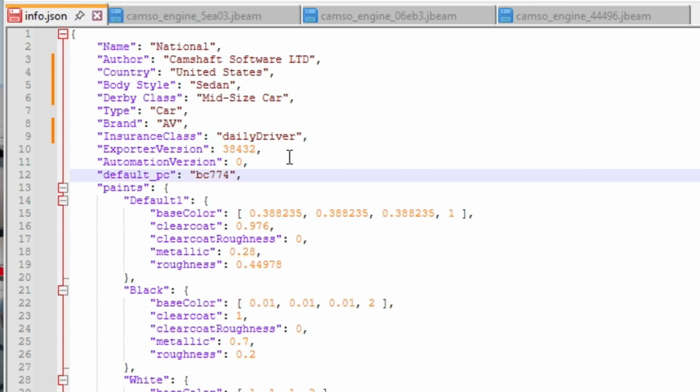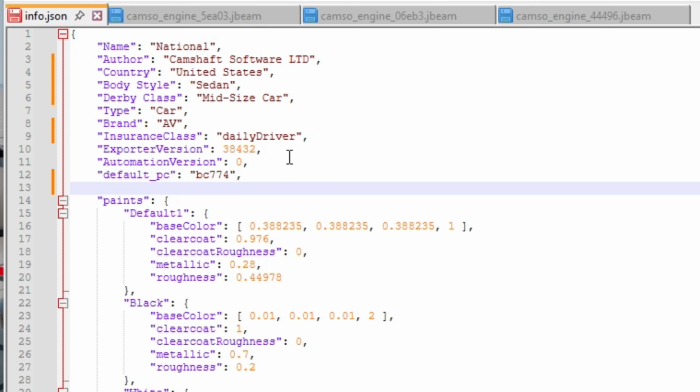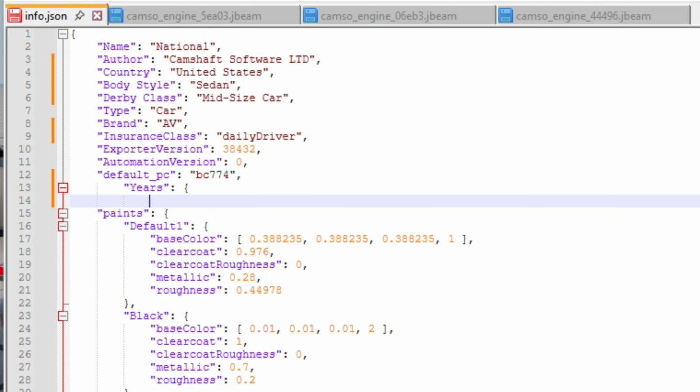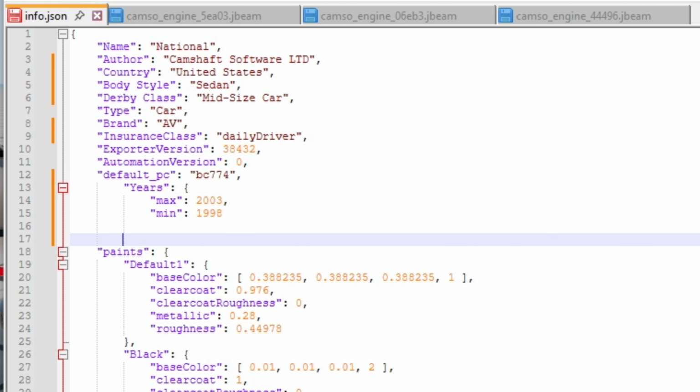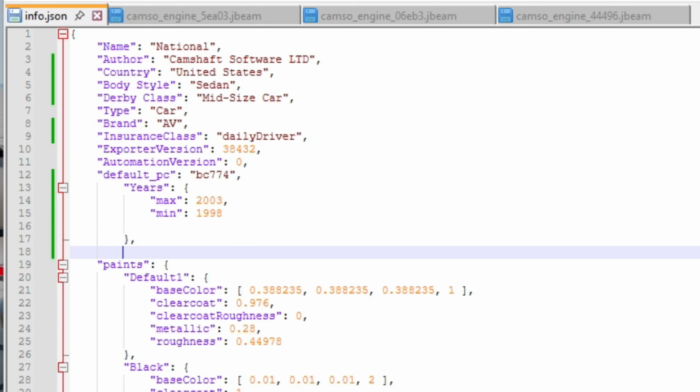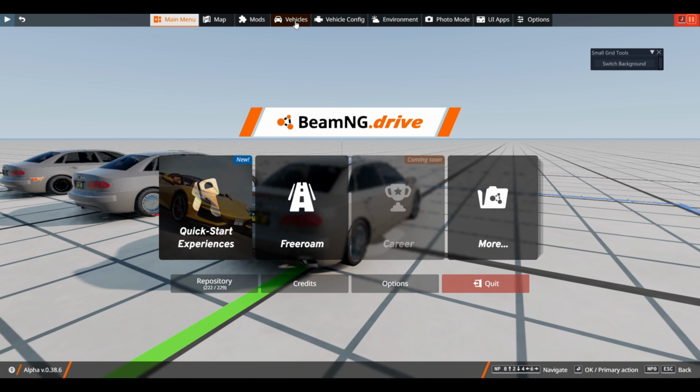Coming down past the default _PC, we can tab in and put years and a squiggle bracket, and then you put max, and this is the end of production for your vehicle. We can say that this ends production in 2003. And then for the min year, which is when your vehicle starts production, we can say 1998. Then at the bottom here, put another squiggle bracket and a comma. Press Ctrl S to save, and if we come back to our game,